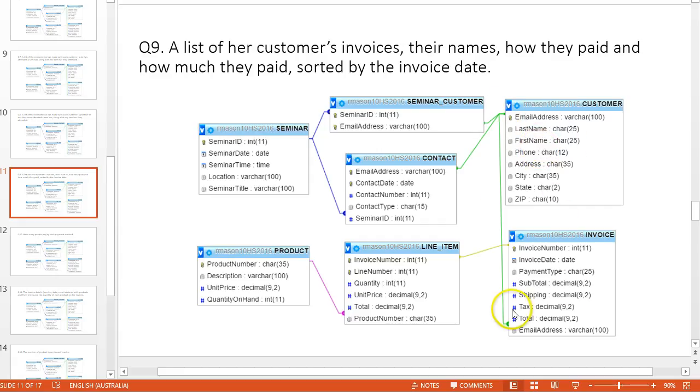Now, are they connected? Yes, they are. They're connected by email address. So we can use those two just by themselves. Okay, fantastic. Let's go on and do the